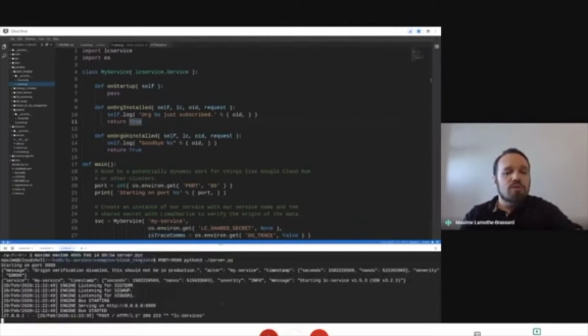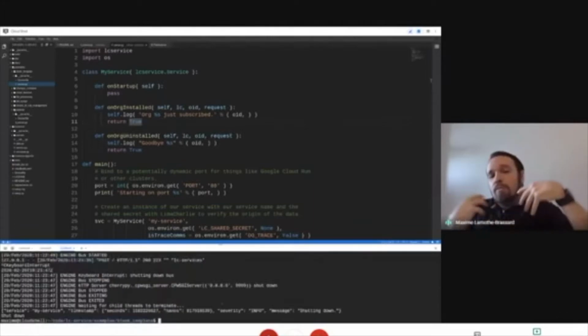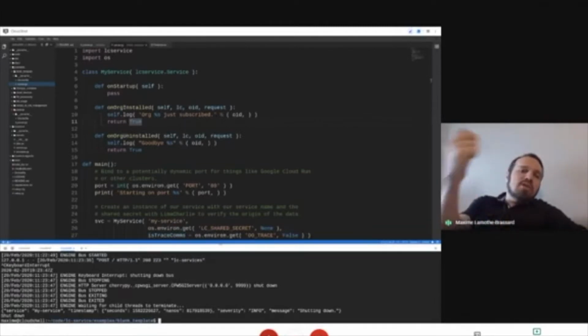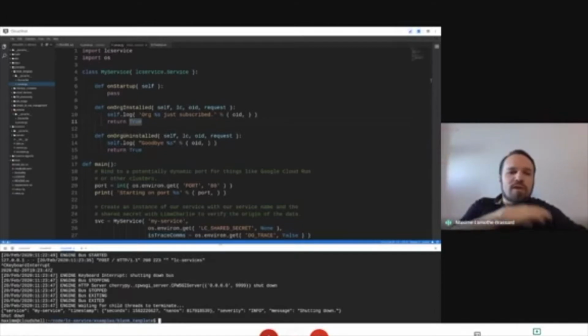What we're going to do is the recommended way for you to deploy this, and what we're going to show as an example today, is using a Docker container. So we'll use the Docker container we have, and just to simplify things, we'll deploy it using Google Cloud Run, which allows you to push a container to Google Cloud, get free HTTPS going to it with a public URL, and free scalability. It takes care of scaling your service horizontally. So that's honestly what we use because it simplifies so much of the management.